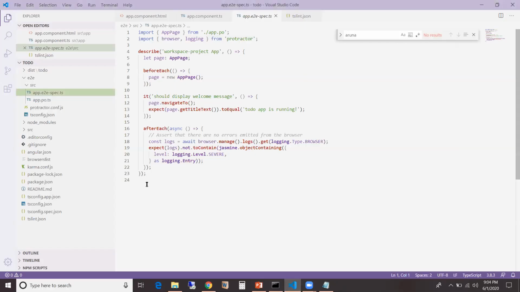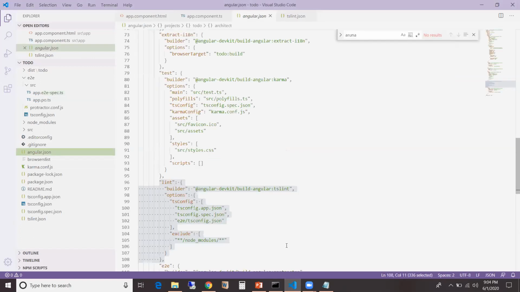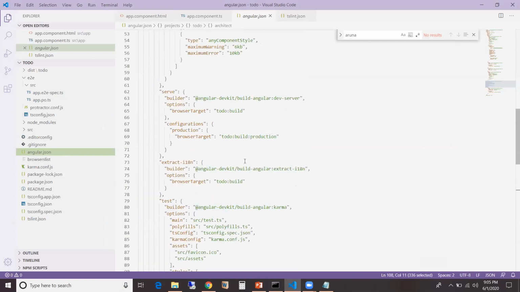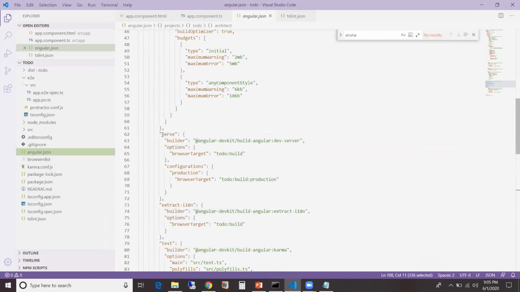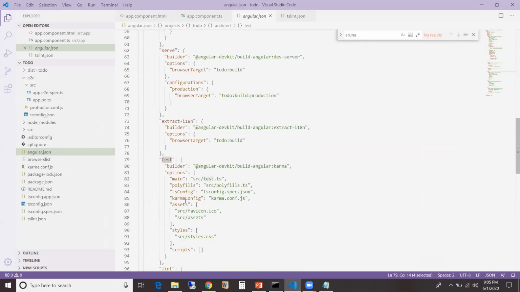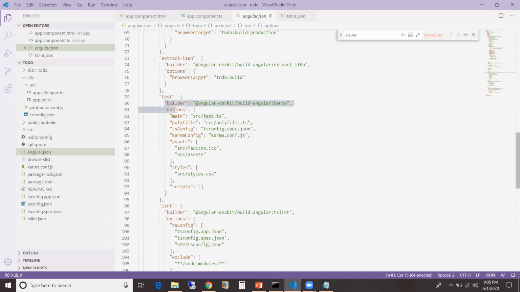So if we look at the angular.json file, they're basically explaining all the files that are automatically generated. One of the automatically generated files is angular.json, and it contains each of the commands that we are trying to execute: the ng serve command, the ng test command, and it has instructions that should be executed by the compiler.